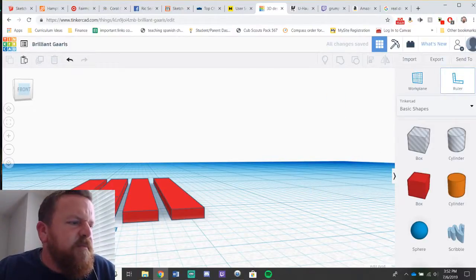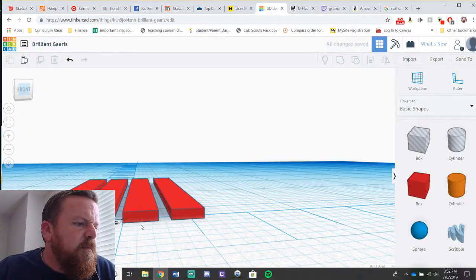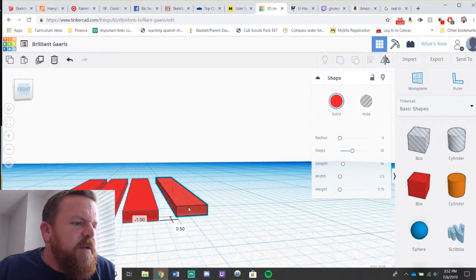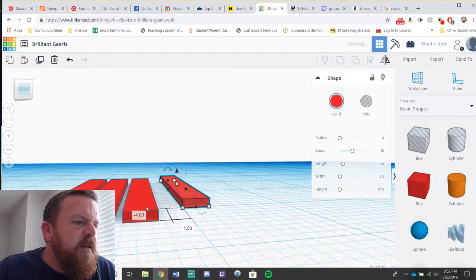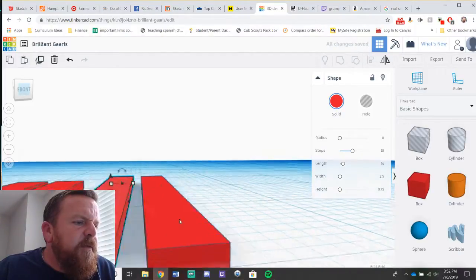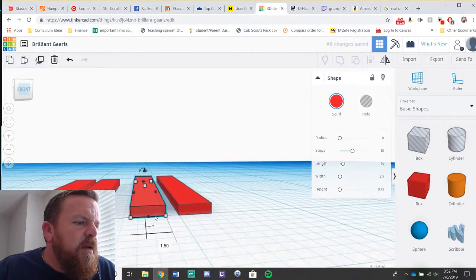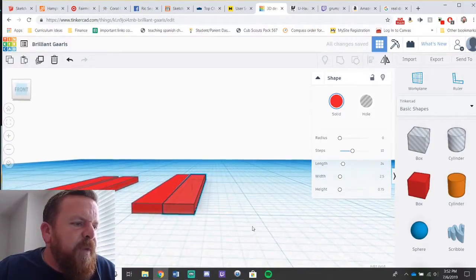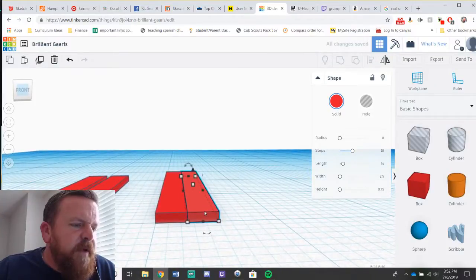Ruler? I don't have my ruler. Well, okay, so this is grid. Why don't I use grid? The grid will be helpful if I can move in more than...